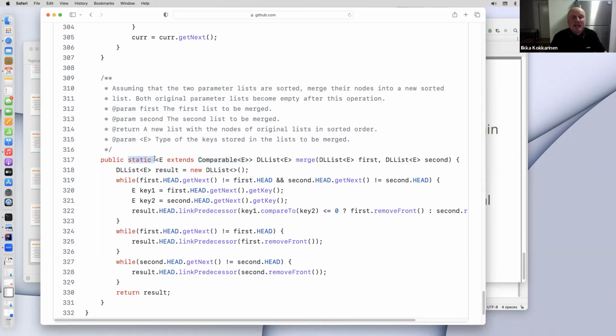So this one is a static utility method, the merge. Taking the two doubly linked lists as parameters, it creates and returns a new doubly linked list containing the nodes of the first and the second list in sorted order, making the first and the second list empty in the process. So we can start by creating the result list, creating it as empty, and then just